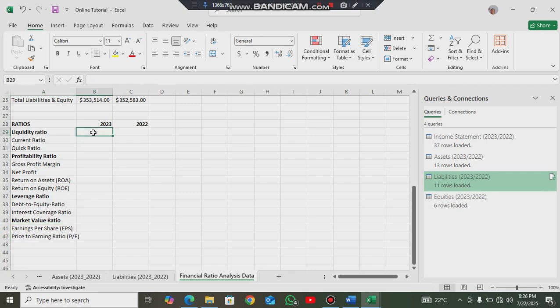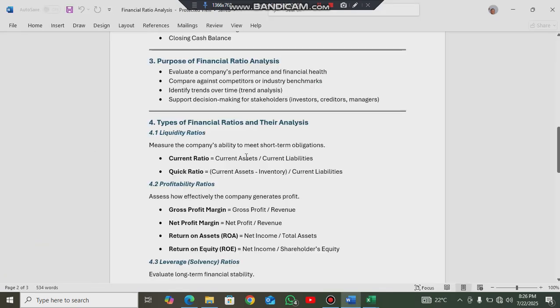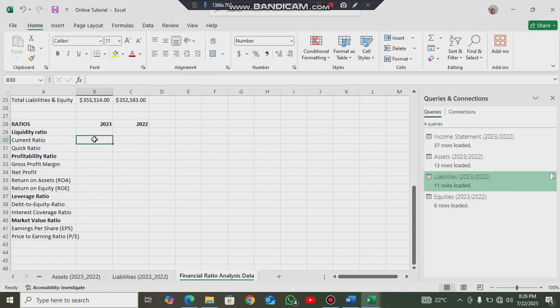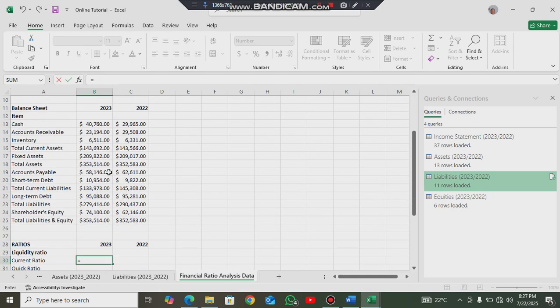So to work with the liquidity ratio, we have the current ratio, which the formula says is equal to the current assets divided by current liability. So what we'll just do is say it is equal to, because we don't need anything like hard coding. The data can be gotten from the balance sheet data here. So I'll say the current assets, and we have our total current assets here. Then it is divided by